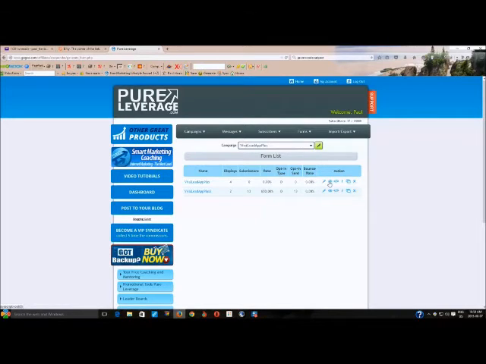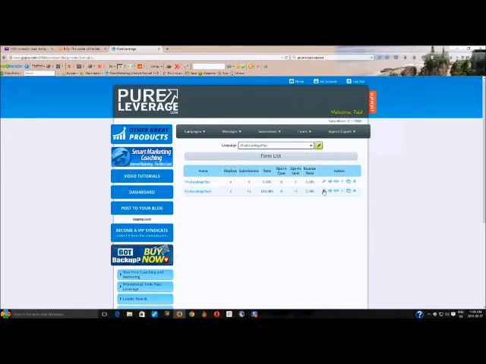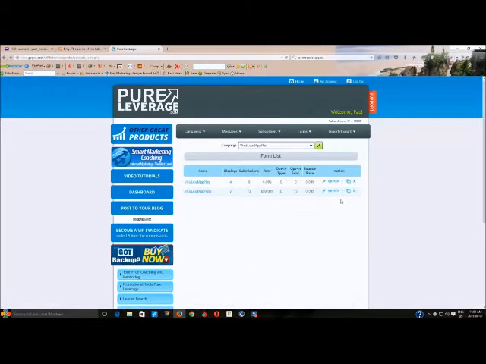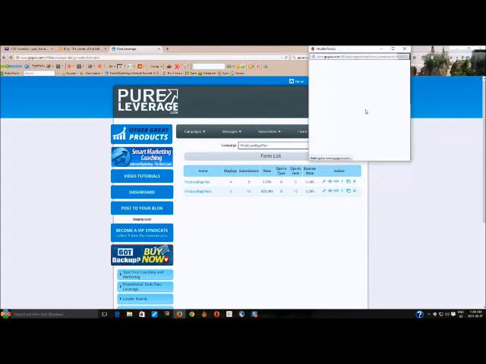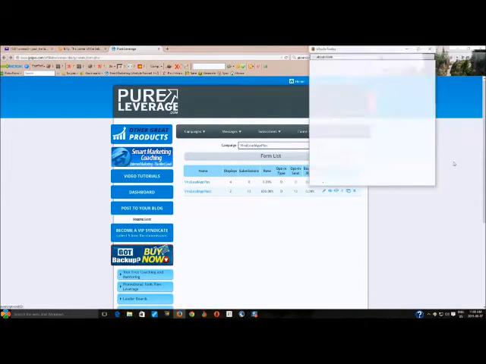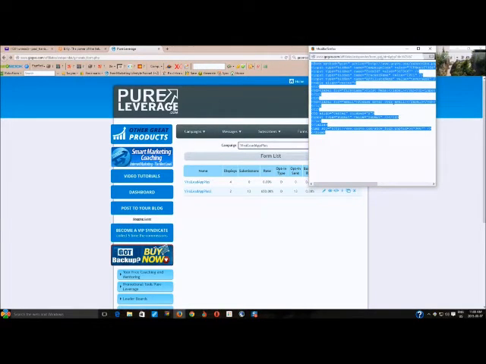We can just demonstrate what these are like. Basically, this one says first name and email, and this second one, I did want to edit it. I went into edit when I actually wanted to preview it. Just asks for your email address. So we're going to use the first one, which asks for name and email. And if we click on the little button here, which is the HTML, this will bring up the HTML that we need to input this form into our lead capture page. So we simply copy this,